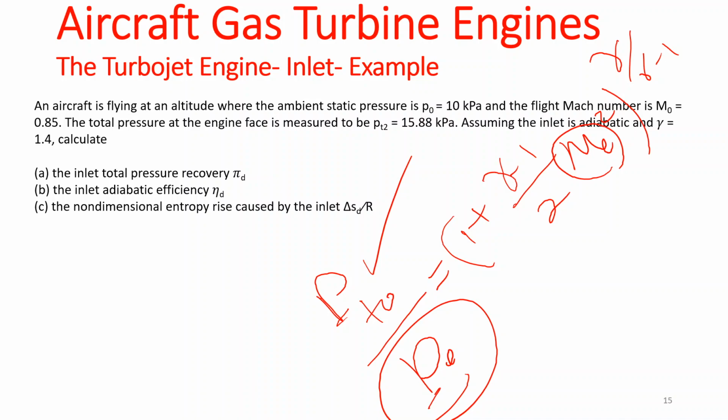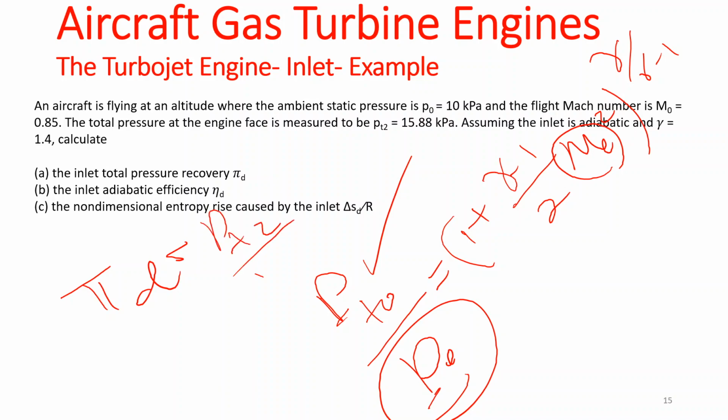Don't you need the eta D in that formula too? I think when you gave it to us, it was 1 plus. No, this is a very old formula. This is the pressure ratio. This is PT naught over P naught. That's the pressure ratio. You already have it, all we need to do is, you have the 10 and the 15.8. 10 is P naught, P9, and the other one is PT2. So you don't have the PT naught. And pi of d is defined as, these are very important. You have to make sure that you are